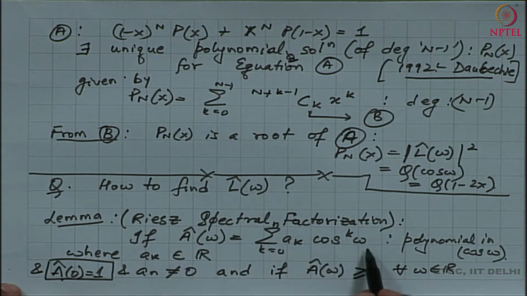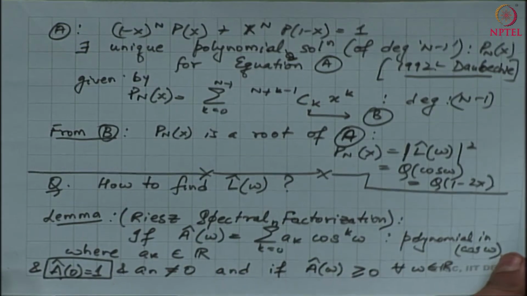So I have a polynomial in omega, given that all its coefficients are real and non-zero, and also that the polynomial is non-negative, and that at omega equal to 0 the polynomial takes the value 1. Then what I get is